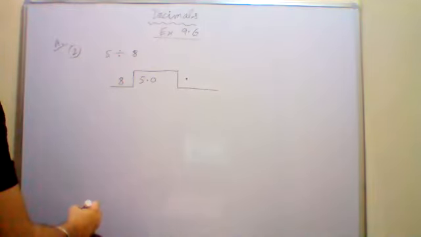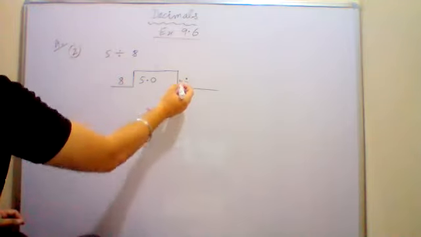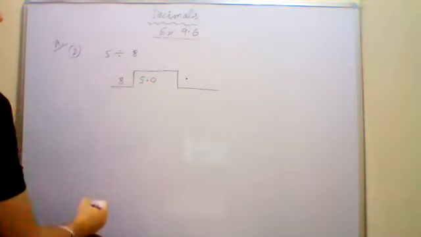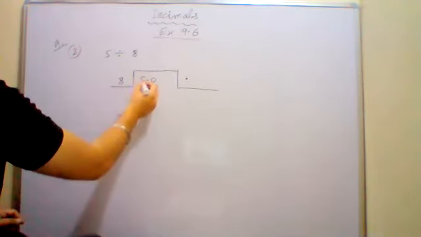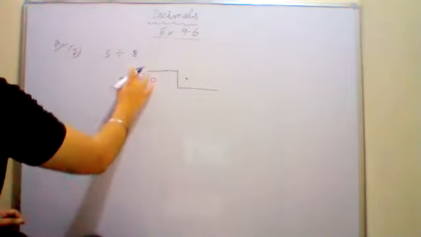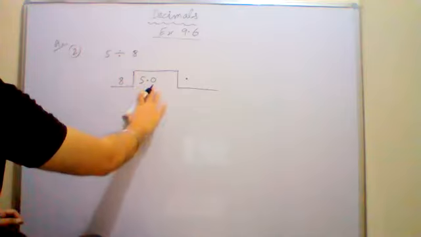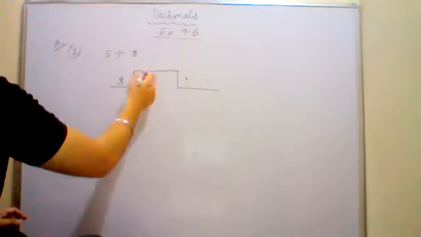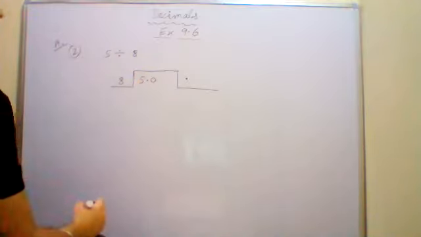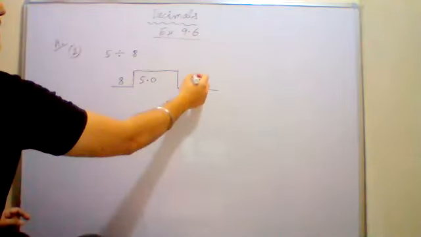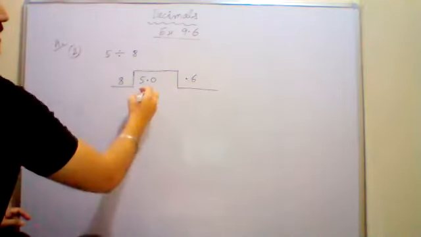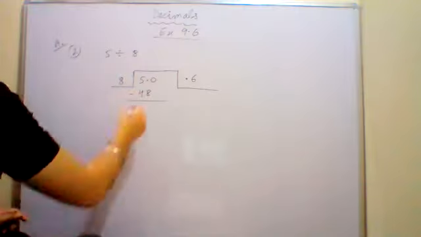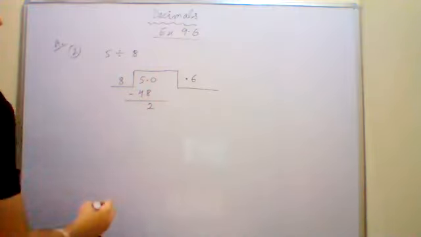Okay, again, you will start the number with a decimal. Why? Because this number 5 is smaller than 8, so we are starting with a decimal here. It becomes 50.0 that we have written. So now think of this number as 50. Forget about the decimal here. The decimal's work is done. Now simply you have to divide 50 by 8. So 8 sixes are 48. What is the difference? It is 2.